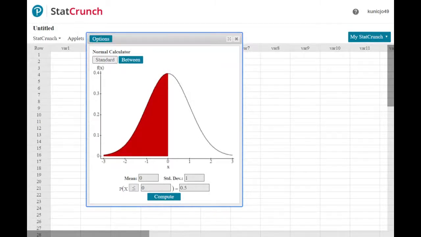Okay. So it's standard normal. So look down here. It says mean 0, standard deviation 1. So all I do is now, one of the problems is that it has X right here. Since it's mean 0, standard deviation 1, that technically is a Z, but it's permanently X. So don't let that throw you. So in here is the probability. So this is where I put in my number,